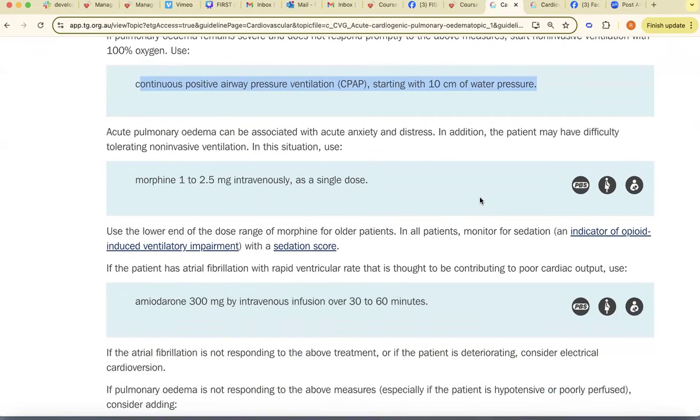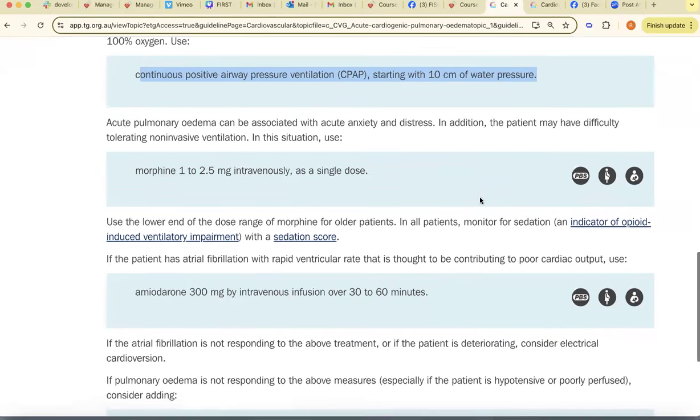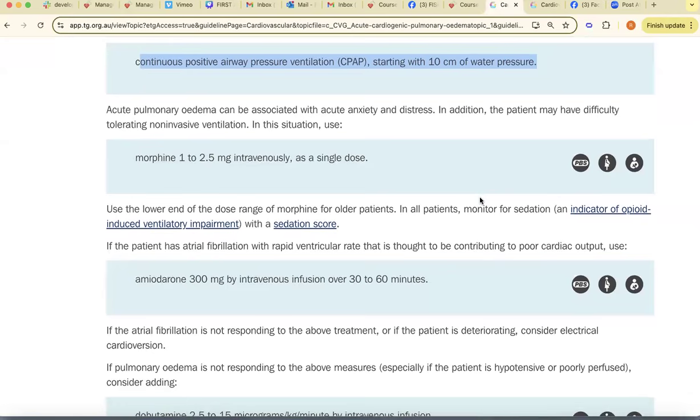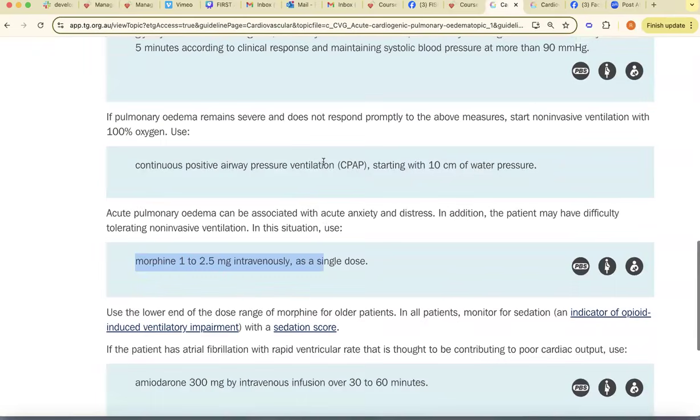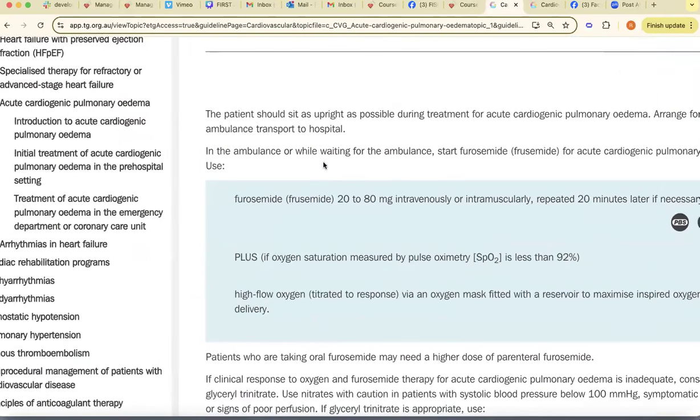This kind of patient becomes very restless and agitated, and anxiety and distress can make the heart much worse. For this group of patients who look very agitated and restless, we give morphine, because morphine can reduce their agitation and make them calm. So that's mostly all you need to know from cardiogenic